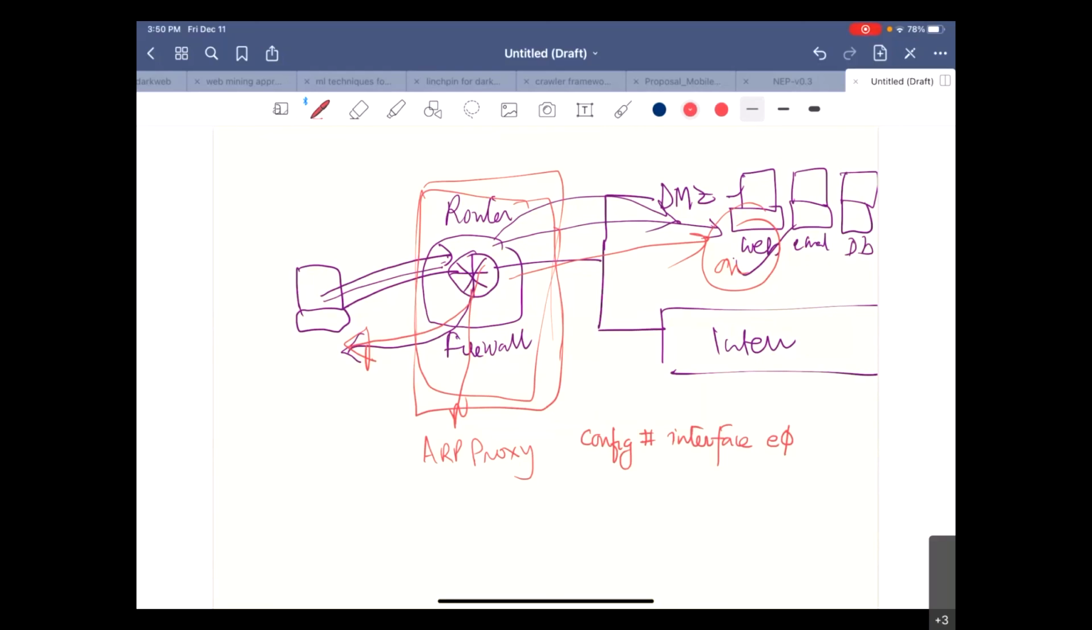Then in the interface config mode, you have to write no ip proxy-arp. Then you have to exit or press Ctrl+Z. So this is where you configure and disable the proxy ARP server, then exit with Ctrl+Z. Okay, then